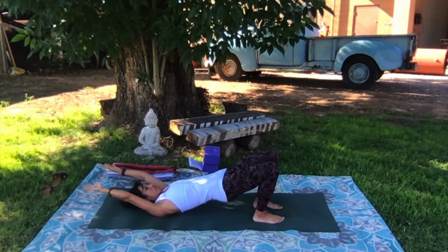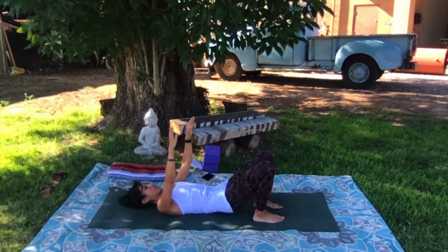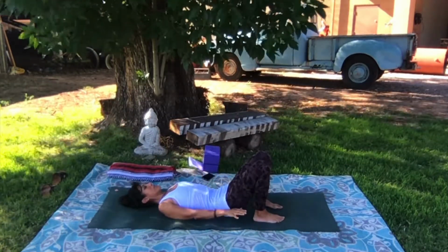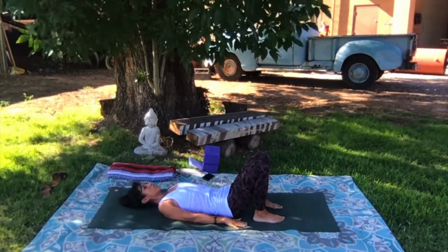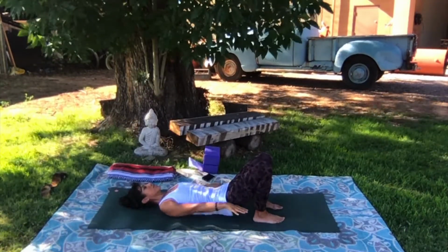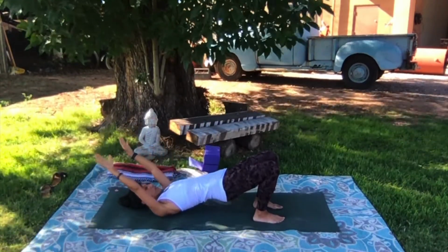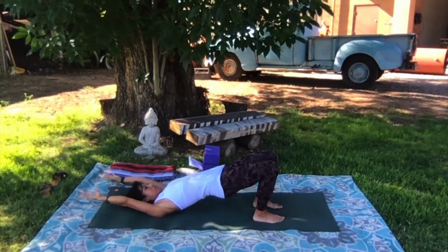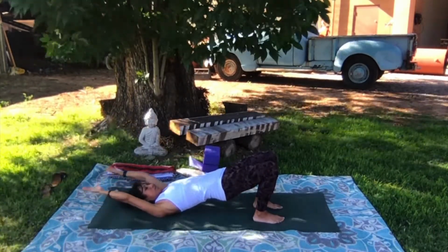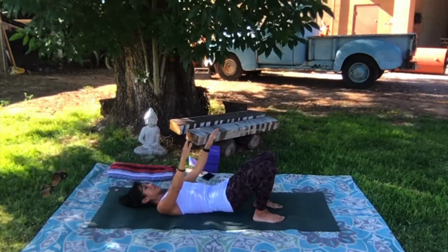And as you exhale, begin to slowly lower down one vertebrae at a time, bringing your arms down next to you. And see if you can coordinate this movement. So each inhalation, at the top of your inhalation, your hips are lifted, the back of your hands are resting on the floor above your head. And at the bottom of your exhalation, the hips are down on the floor and the arms are resting next